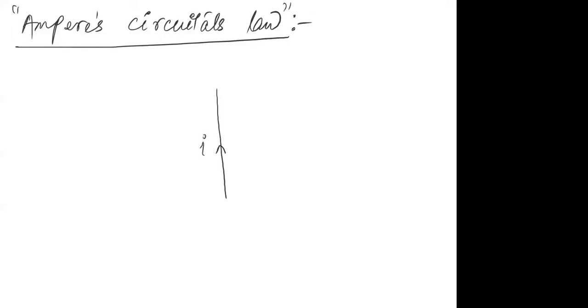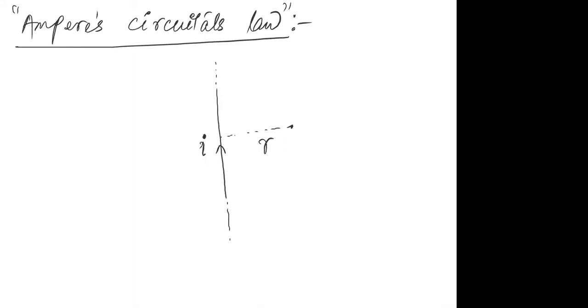You can call it a conductor also. We have one current carrying wire. It can be either infinite or finite. So let us say we have a current carrying wire and we want to find the magnetic field due to it. Let's say this is an infinitely long wire. We want to find the magnetic field due to this current carrying wire at a point which is at a distance of r from the wire. Did you understand?